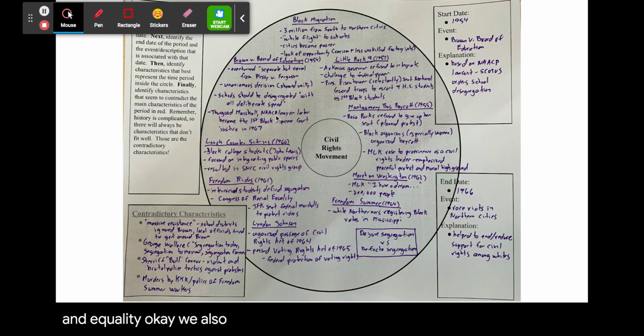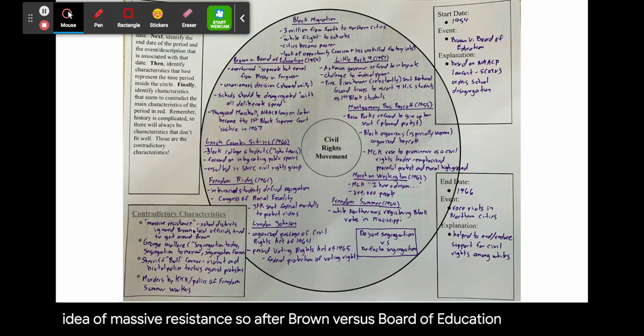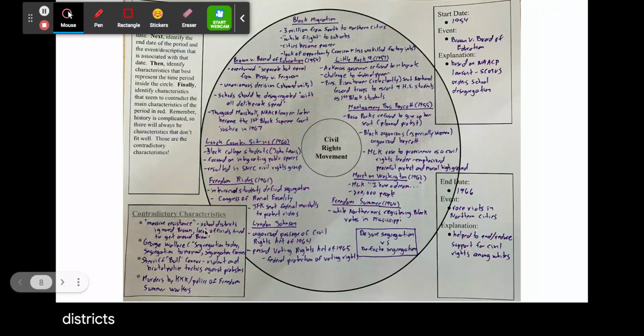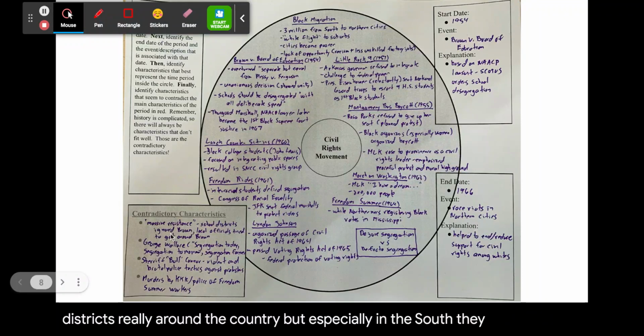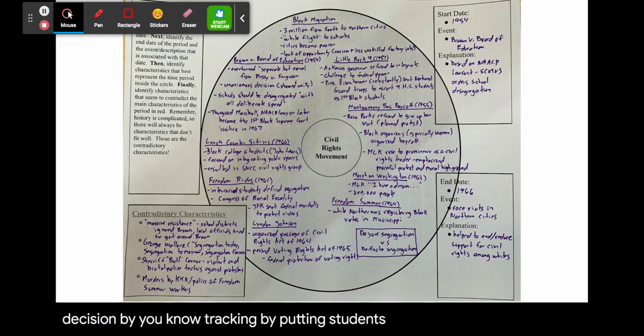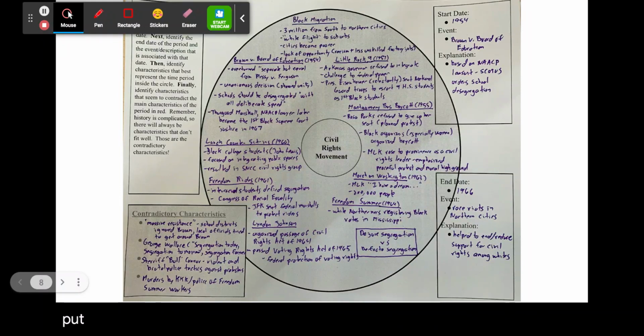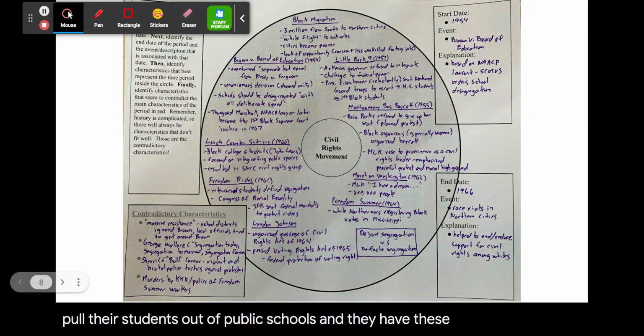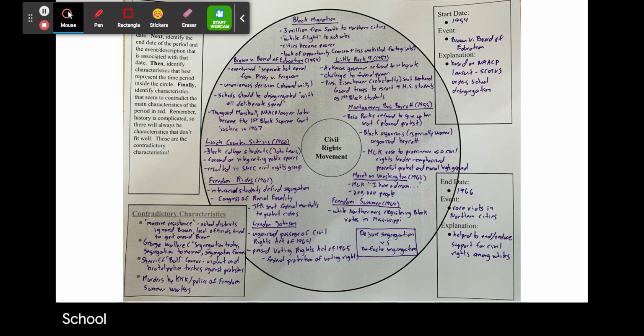Okay. We also have this idea of massive resistance. After Brown versus Board of Education, school districts around the country, but especially in the South, tried to ignore the Brown decision. Local officials tried all these different ways to get around it by placing students based on their, quote, scholastic ability, which of course ended up with segregation anyway, or parents would pull their students out of public schools, and you have these private Christian schools that developed in the South